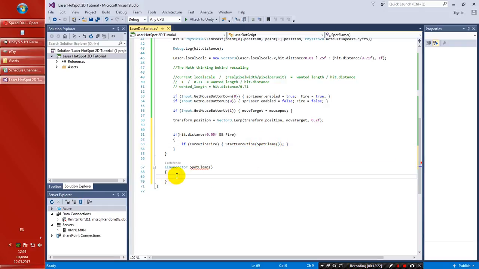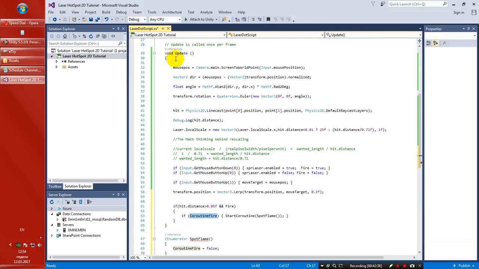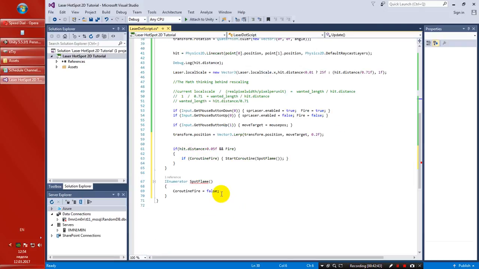Okay, and in the function spot flame, we need to set immediately that coroutine fire to false. Okay, just off it, to close this if, because this if is actually in an update function that's gonna update constantly. So temporarily just off this bool, false this bool,